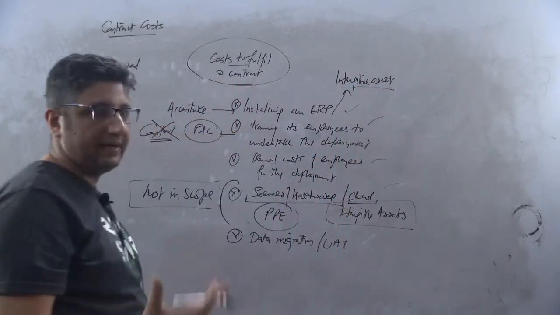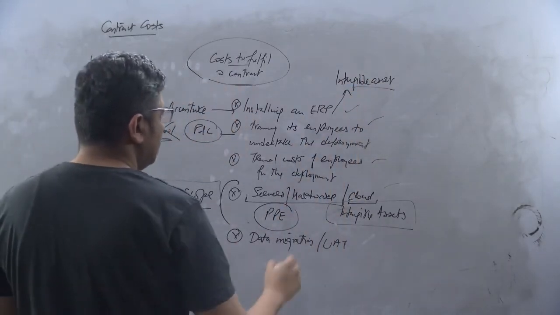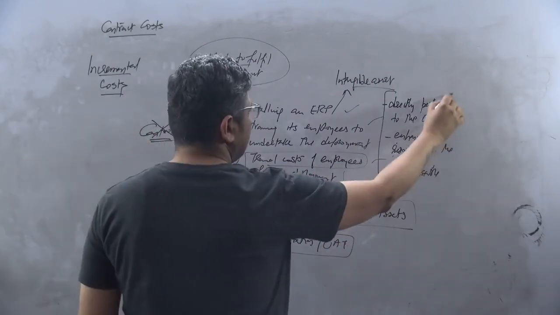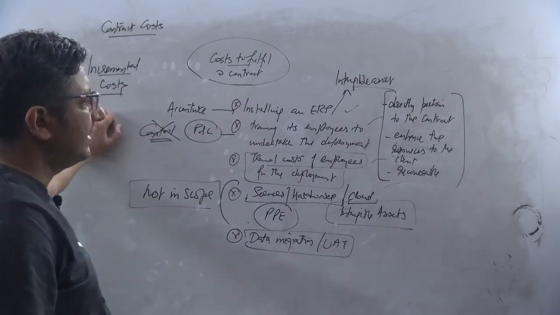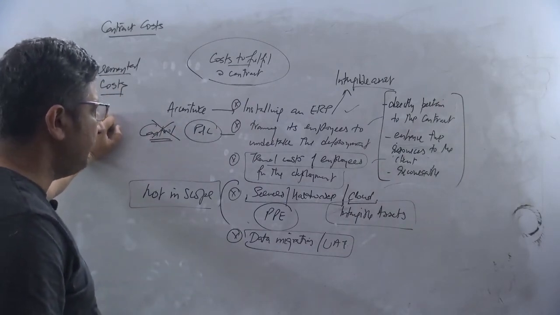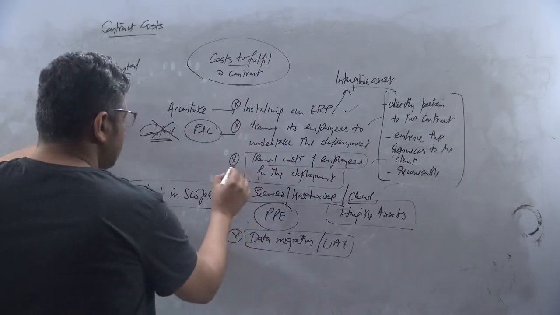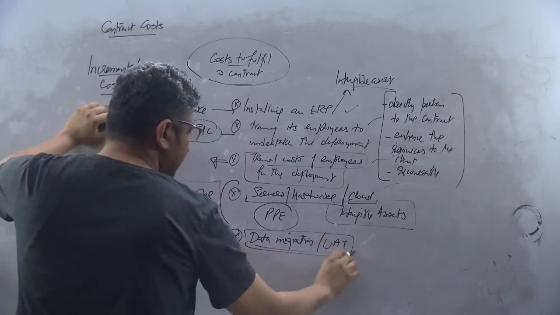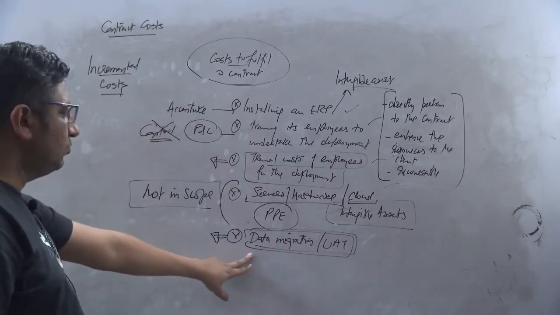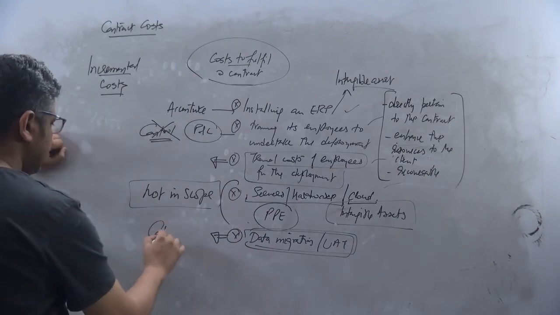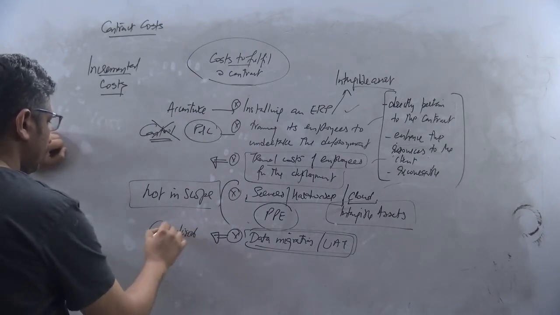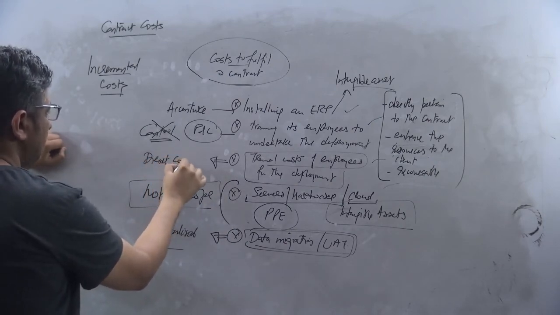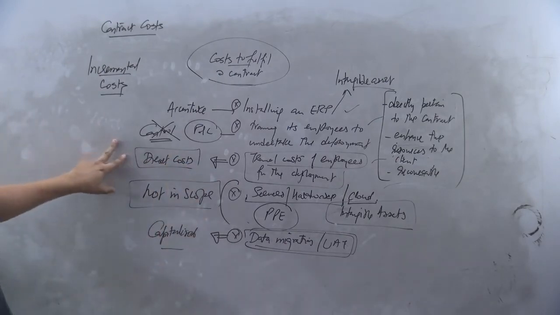Then you look at the travel costs and the data migration cost. That these are directly pertaining or relating to the contract, enhance the resources of the client, and are recoverable. Very likely the cost of travel, or even specifically the data migration costs, would be capitalized here. So this would probably come as a directly allocable cost to that particular contract per se,